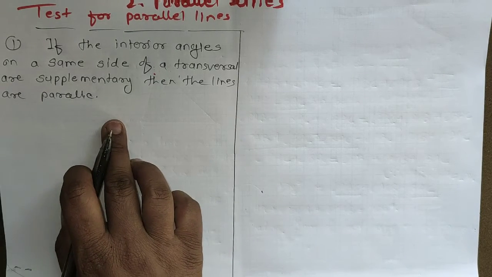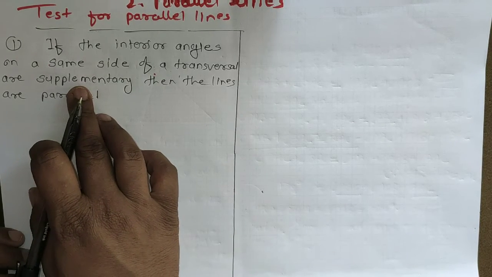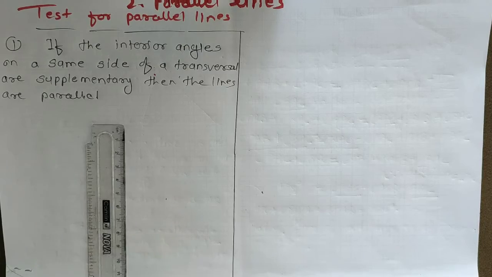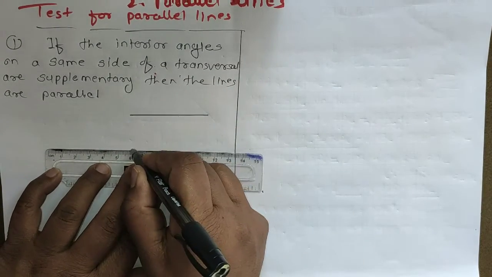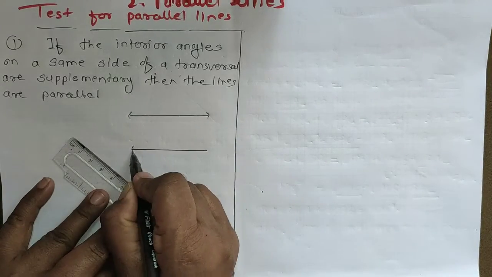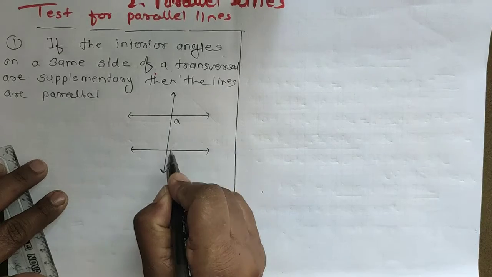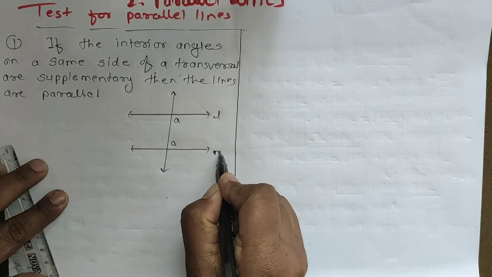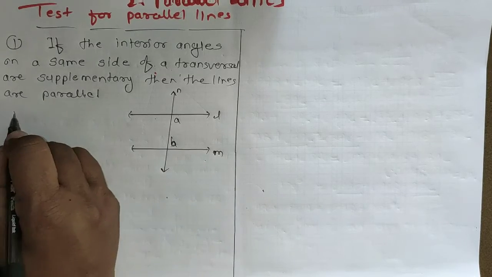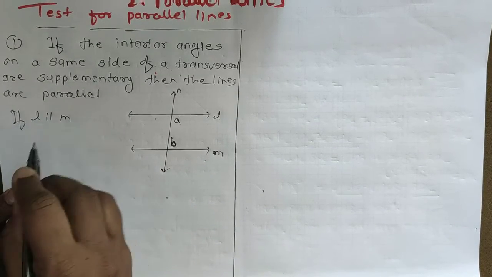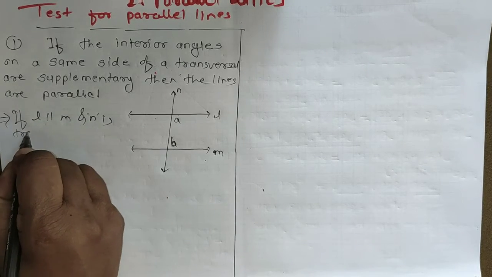that we will learn in the next lecture. So today we will see that if the interior angles on the same side of a transversal are supplementary, then the given lines are parallel. Suppose I draw two lines here. I don't know whether they are parallel or not. Okay, and if I measure the angles, this angle A, this is line L and this is line M and this is line N. L and M are parallel, this is B. If L is parallel to M and N is its transversal,